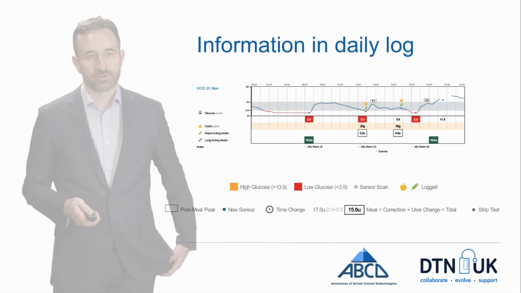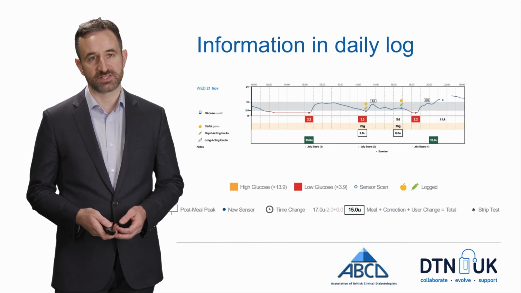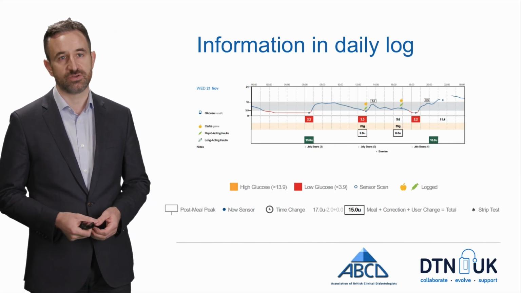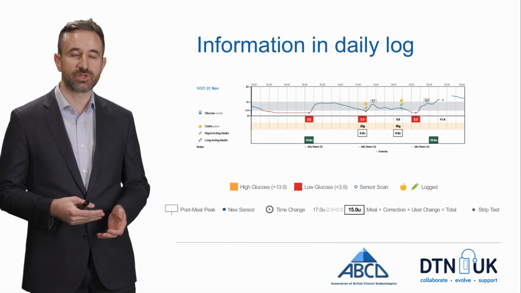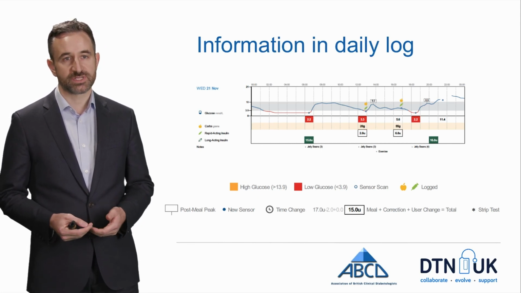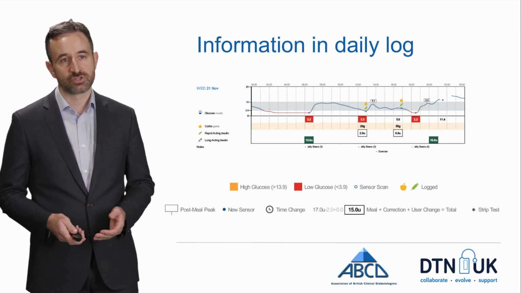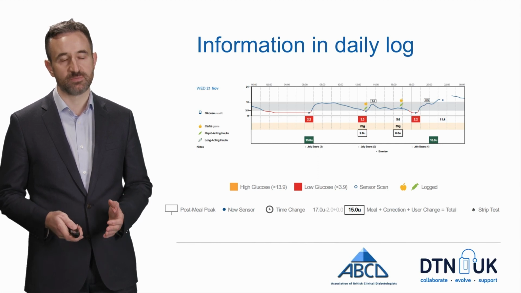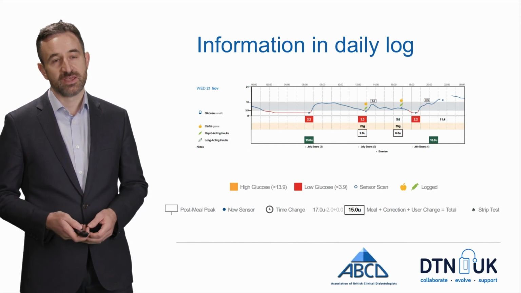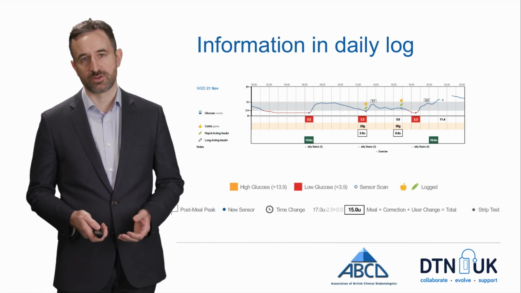The information in the daily log can be quite plentiful depending on how much information you input on your Libre system. So whether you use your phone or the Libre reader, you have the opportunity to record your meal carbohydrate counts, the insulin dose you took at any given time, and also notes like hypoglycemia treatments or when you've exercised, and indeed the type of food you've had, so that if you're wanting, even for a short spell of time, to record very detailed information about your diabetes, you can then reflect on that after a week or two